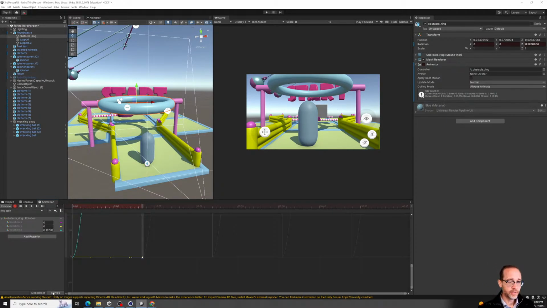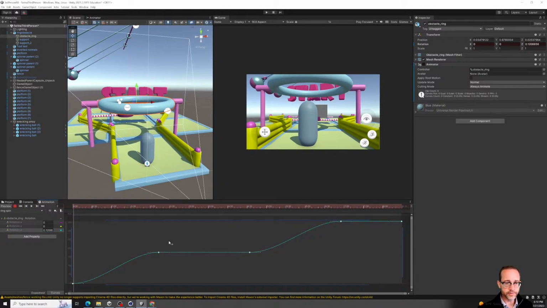And again, let's do something more interesting with the curves. So our rotation here, which is this one, F, there we go. Again, you want those weighted curves. So let's come in and say both tangents weighted. And so this allows us to come in and really do some more aggressive easing. If you hold,